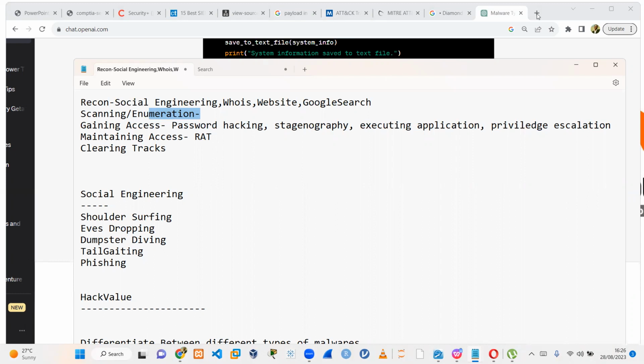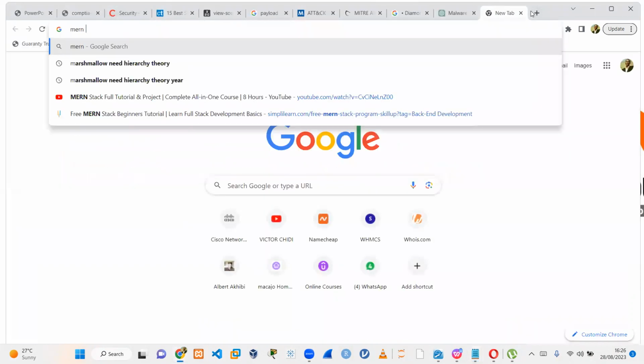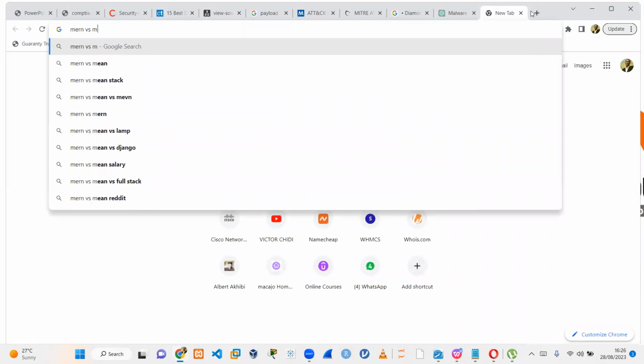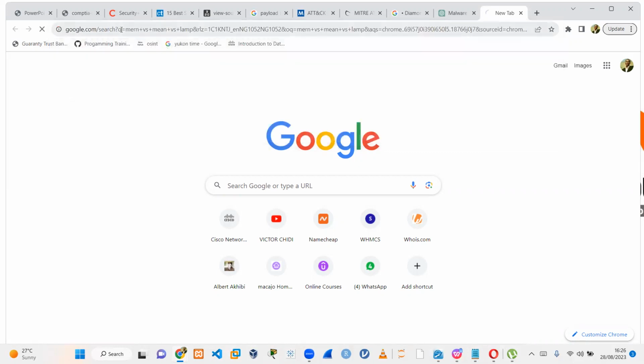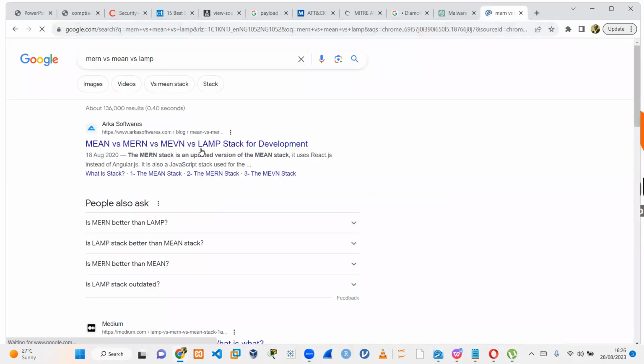So you have MEAN versus MERN versus LAMP. So this is maybe MongoDB, Express.js, React, Node.js, MongoDB, Express.js, let's say Angular, Node.js. This is Linux, Apache, MySQL, PHP. So depending on the stack of that particular developer,